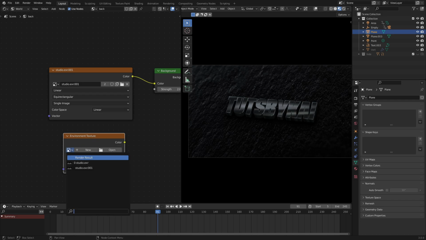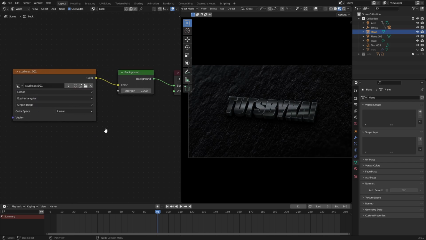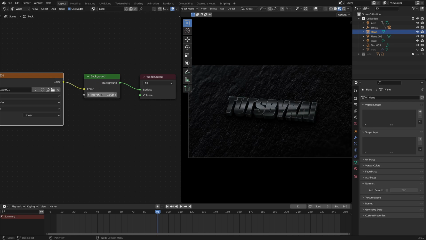So I just hit this little drop down, and you can just select that and then just hook it up. And the only thing that I changed, I don't think I changed anything. I think these were all the same values. I didn't really change anything, I don't believe. So linear and all these textures, all that stuff. And put that into the background, and then of course I changed the strength from 1 to